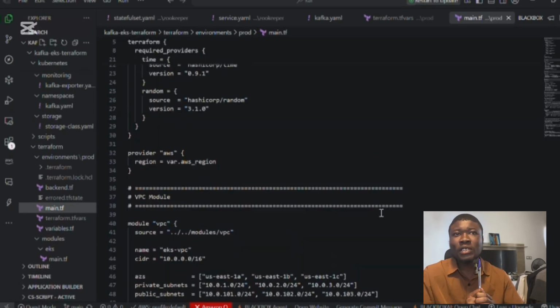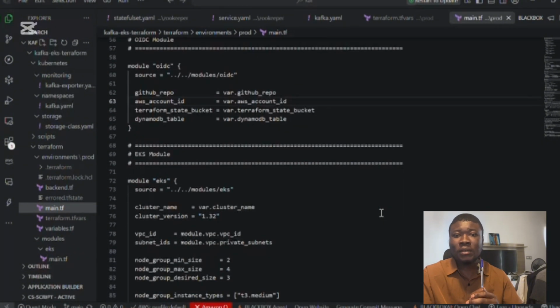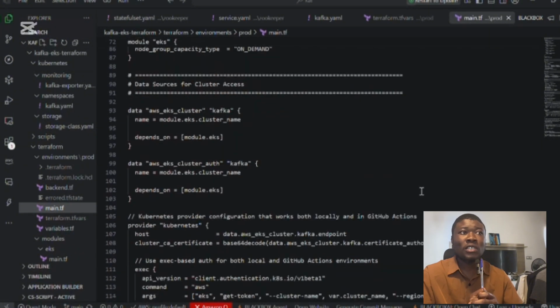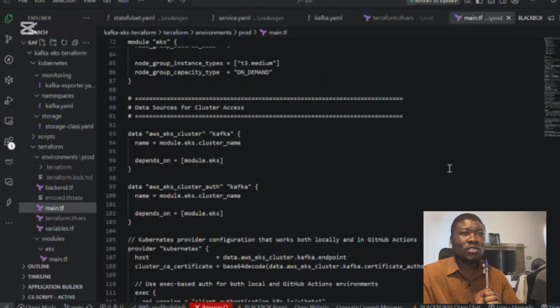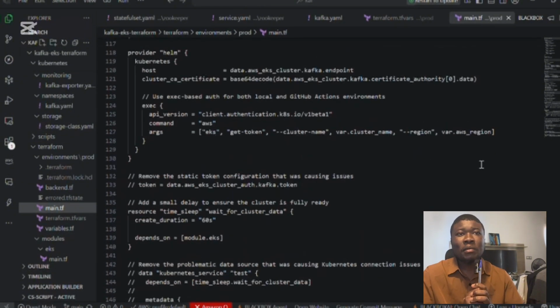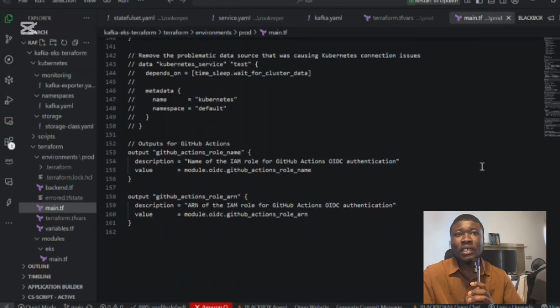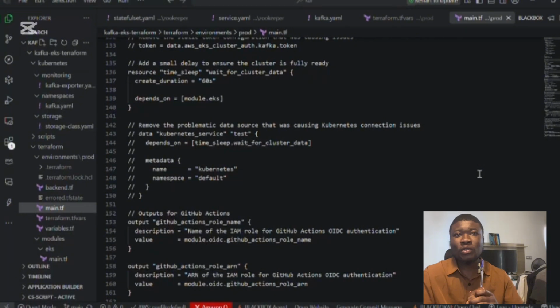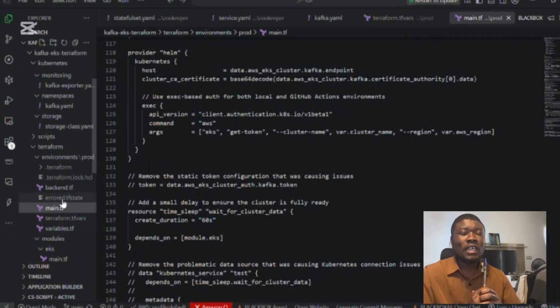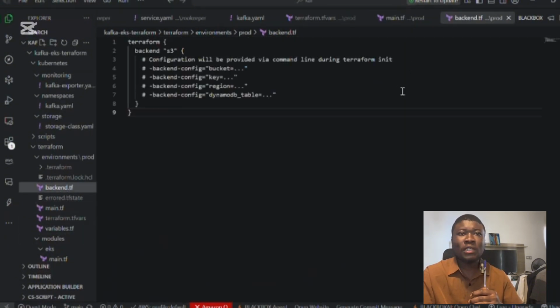While I was provisioning these AWS services with Terraform, I had to provision the EKS, as you can see on my screen here, and I also implemented the VPC, the virtual private cloud, for network isolation. I also set up EC2 for compute resources for the EKS node groups. Then I set up S3 for storing Terraform state files. I also set up DynamoDB for state locking for Terraform, and also the one which is very important before you can actually start using